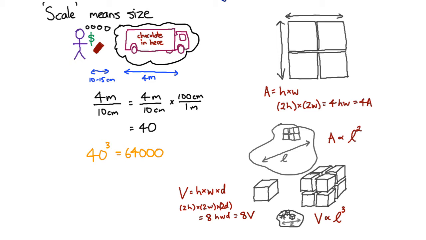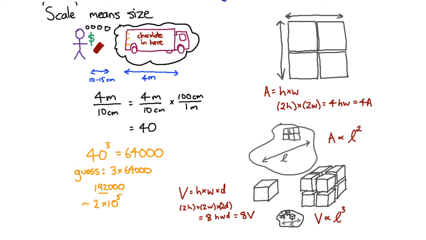In other words, the shape of a truck looks a lot more like several chocolate bars on top of each other. And if I just look at my drawing here, I might have a chocolate bar, chocolate bar, chocolate bar. I might have 3 or 4 of these. So in fact, my first guess is I'm going to need about, say, 3 times 64,000 times as much chocolate. So that's about 192,000 times as much. Now, I haven't been very accurate, so I'm not going to use these significant figures. So I'll just say it's 2 by 10 to the 5 times as much chocolate,